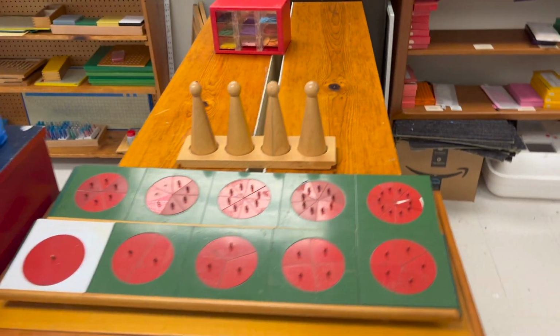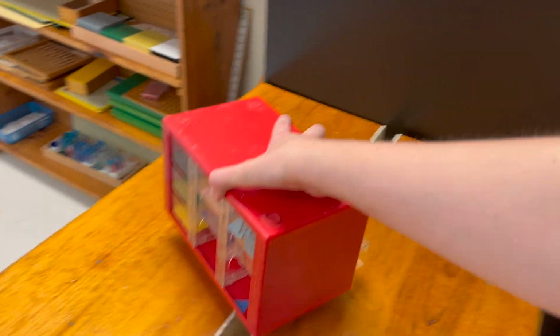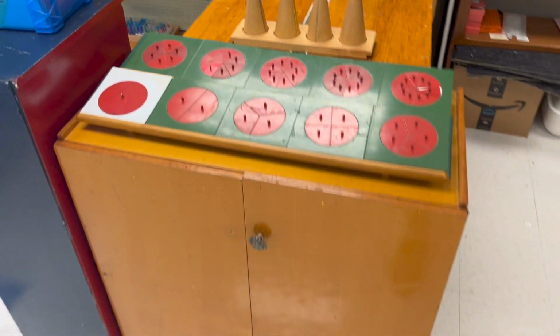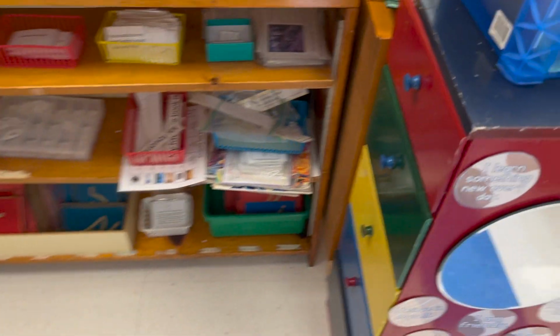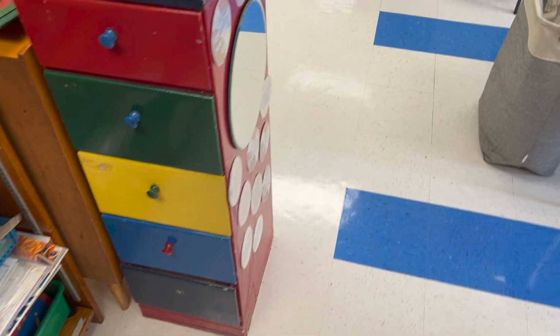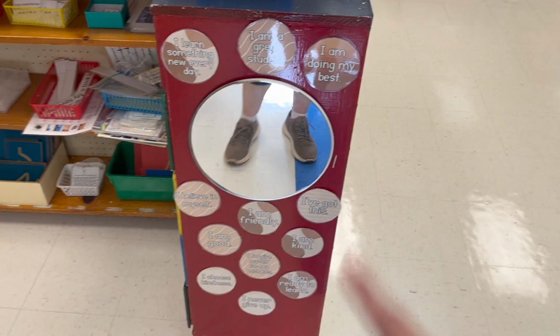And then these are symbols. They're going to go on the symbolizing shelf. And then we have fractions. That is a bunch of upper L fractions. And then when we come around here, these drawers for math are addition, subtraction, multiplication, and division, and then place value things. But then I have a little affirmation station here